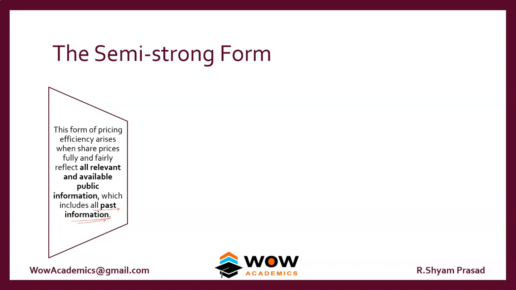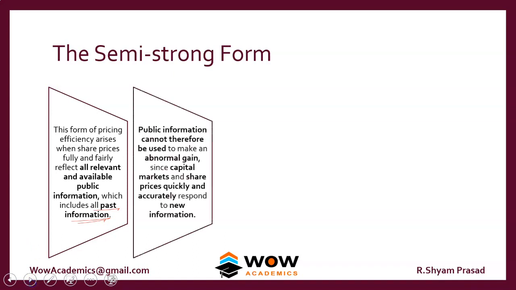This model states that public information cannot therefore be used to make abnormal gains, since capital markets and share prices quickly and accurately respond to new information. So it says that even if you have publicly available information, you won't be able to make money in